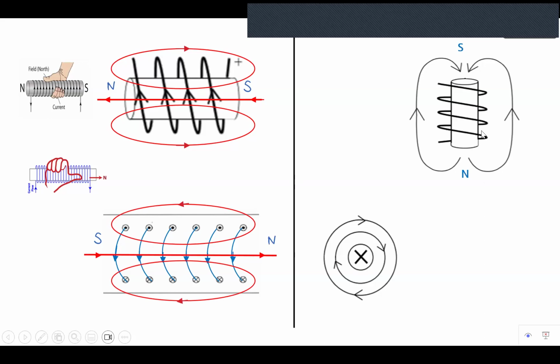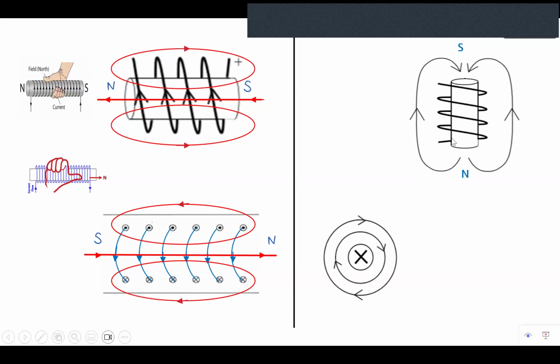Next one. The magnetic field lines are given to you. So these are the magnetic field lines, and this circle also shows magnetic field lines. You are supposed to determine the current flowing. The first one is very straightforward. Based on the magnetic field lines, it must go away from the north towards the south. So the first step, I should be able to identify that this side is the North Pole because the lines are going away from it, and this side is the South Pole because they go towards it.